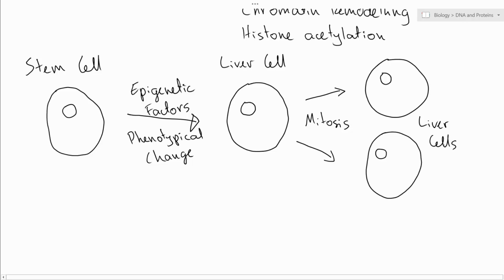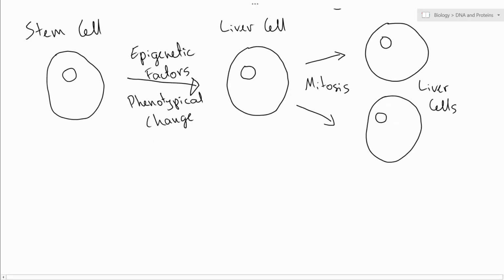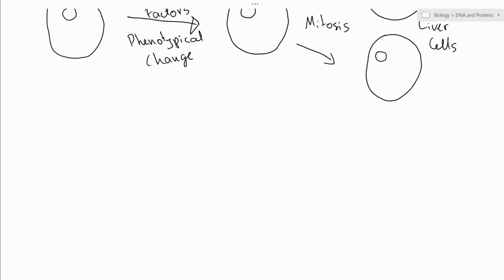So after a stem cell has undergone particular epigenetic factors to become a certain type of cell, such as a liver cell or blood cell, those cells undergo mitosis and those same genes stay activated and silenced, and we give rise to more liver cells with the phenotype of liver cells, so expression of the structure, function and appearance of liver cells. So this can happen also